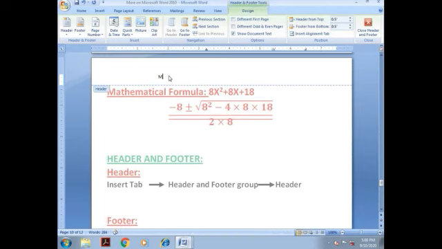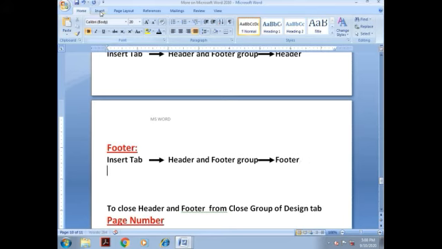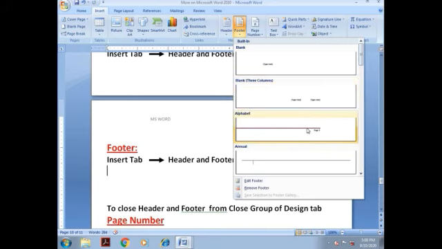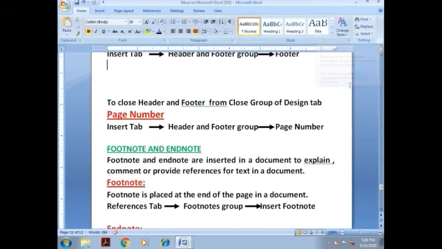Go to the Insert tab, Header & Footer group, and in the Header option we can write the header and it will be there in each page. In the Insert tab, Header & Footer group, we have the Footer option and it will be below each page. To close, we have to go to the Close group of the Design tab.